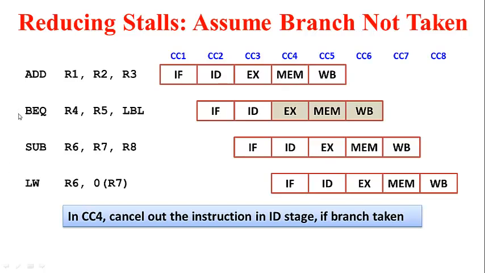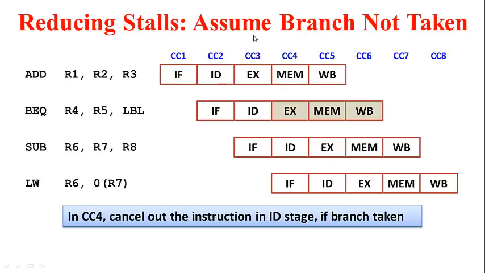This is because irrespective of whether the branch is taken or not, in clock cycle number 4 we have the correct PC value, and hence the instruction which is in the IF stage in clock cycle number 4 is indeed the correct one in the pipeline. So we only need to cancel out the instruction in the ID stage which has entered wrongly in the case